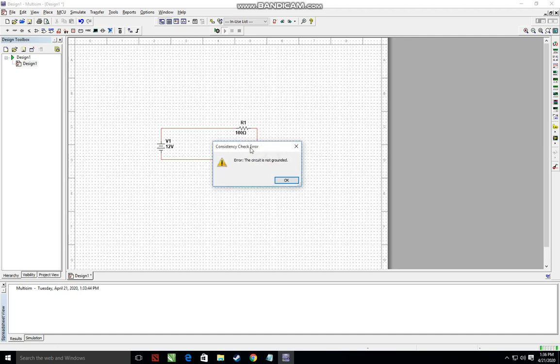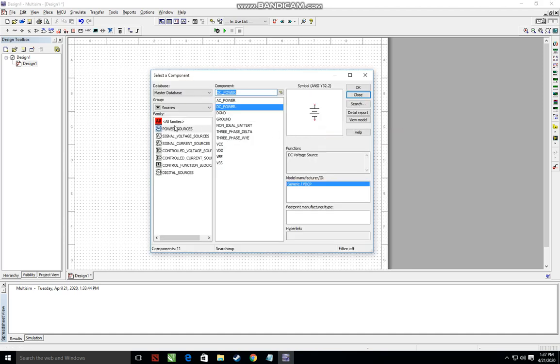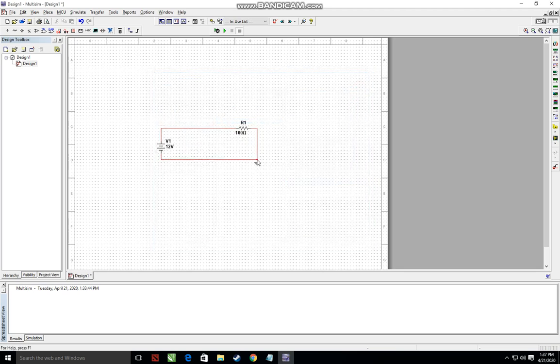So there could be an error arising. It is possible that the error is that the circuit is not grounded. Yeah, definitely, because the power source needs a ground. When current flows from the positive terminal, it sinks in the negative. So again there is a component in the sources, ground. I connected it. I just grounded this terminal. Now I hope it works. See, it works. You can see it is blinking.